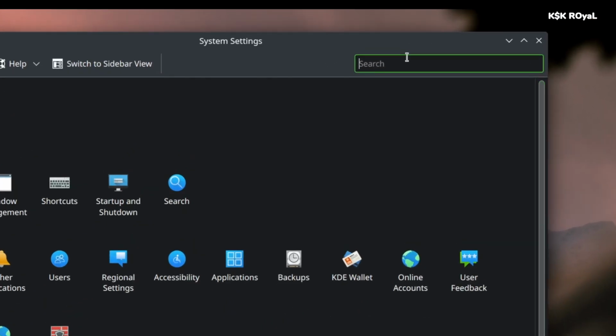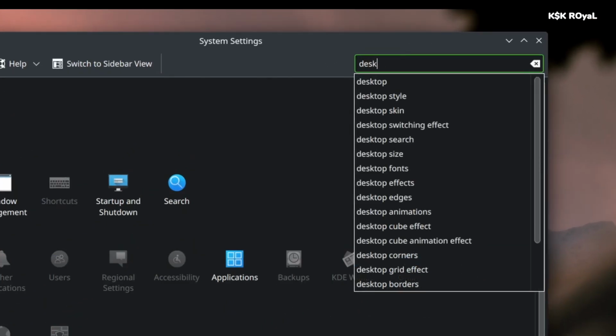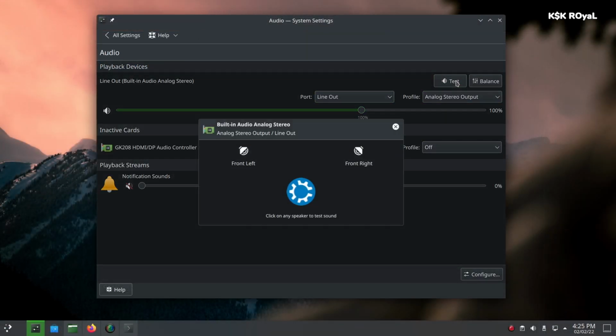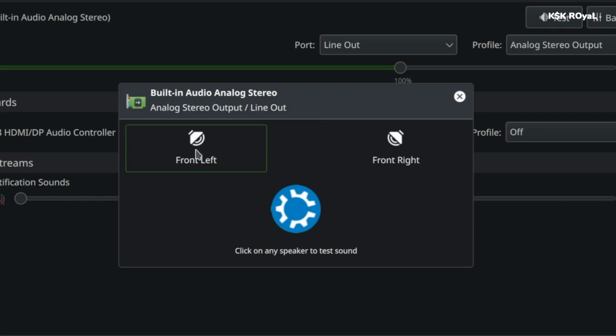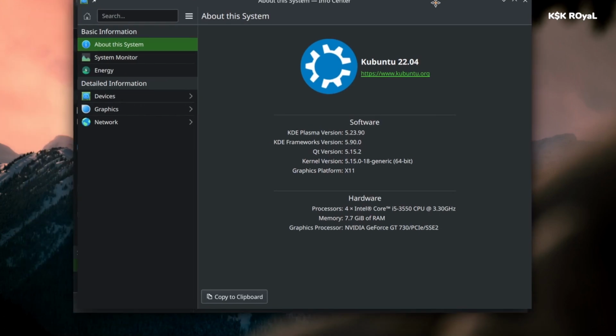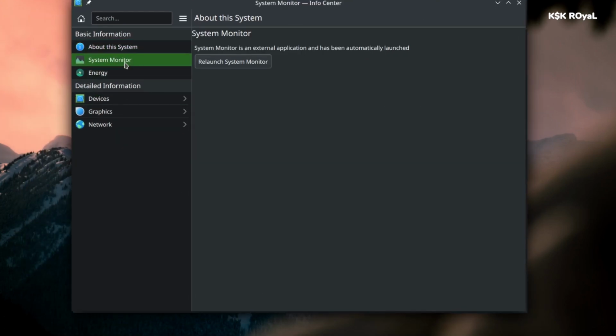Even though your system language is not English, the search field will find results for an English keyword. Also, the speaker test page in the audio selection has a better look. The About page gets a new option to show more information. Now this links to the built-in Help Center application to find detailed information about the hardware.